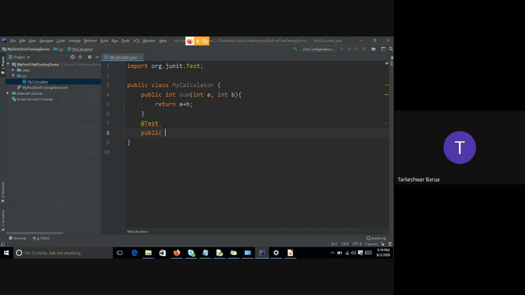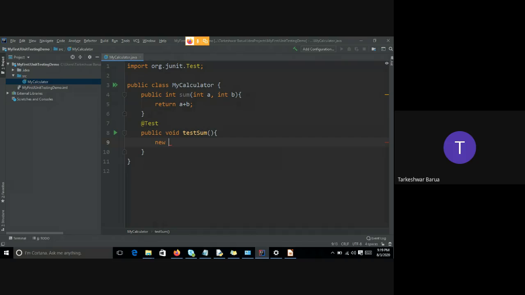Public void testSum. I want to pass a value here, let it be blank for now, and I want to test this.